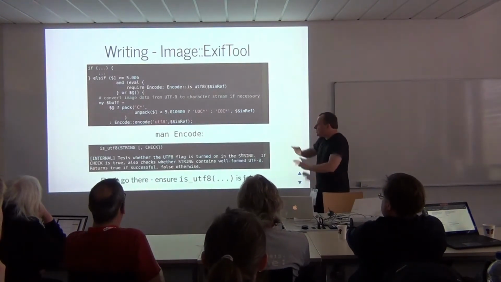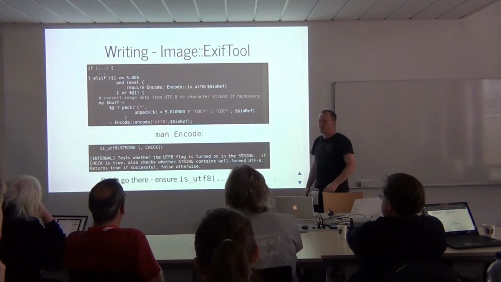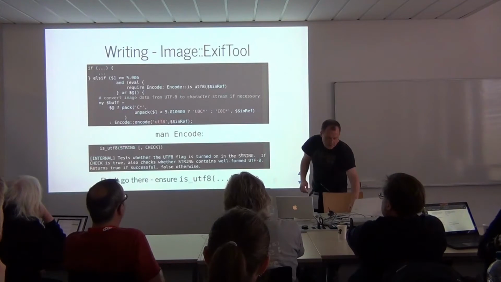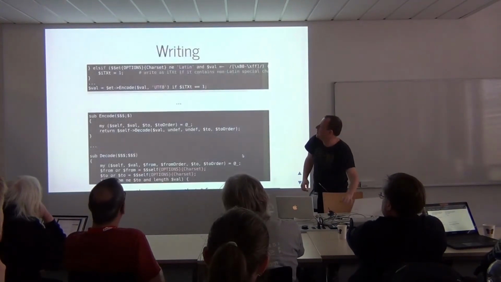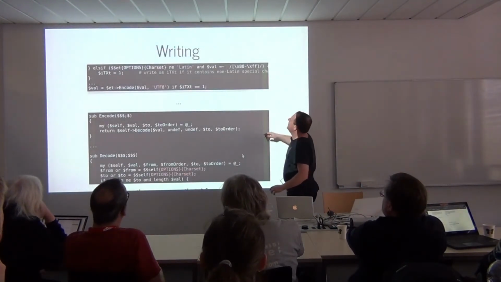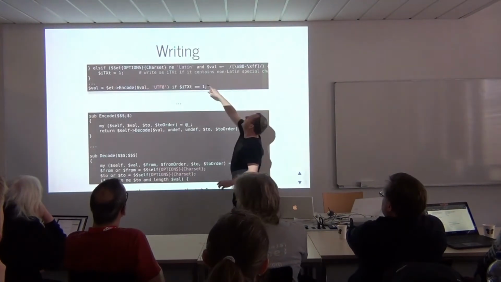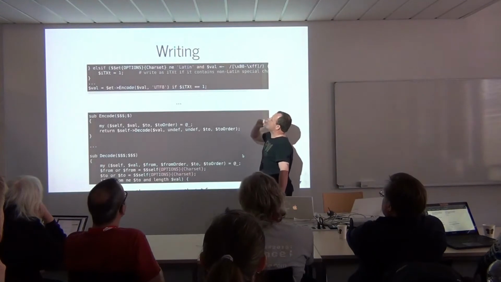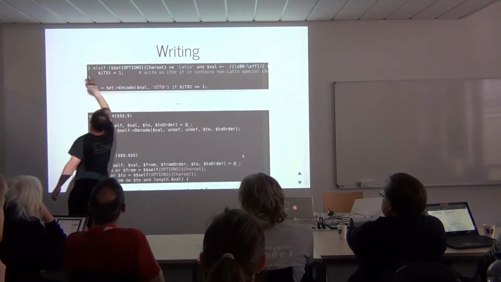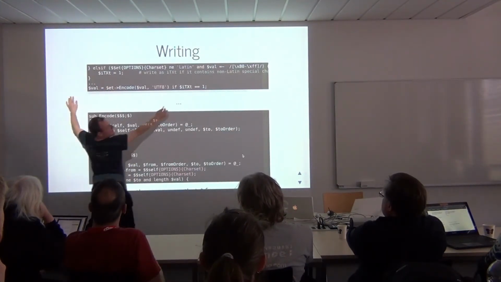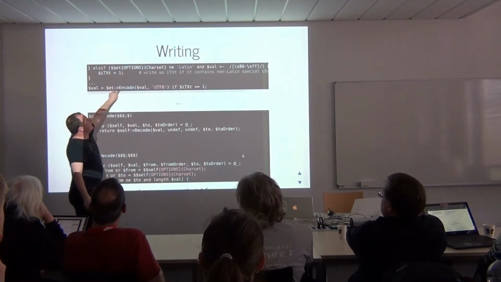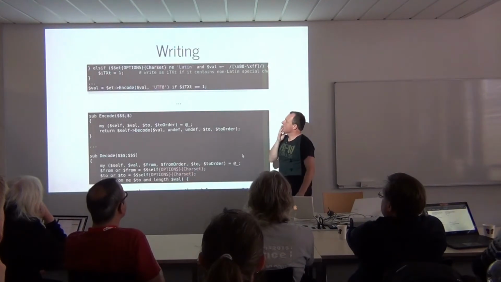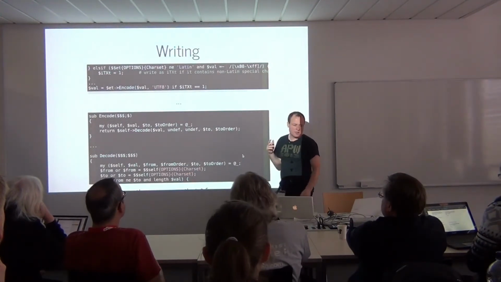Let's not go there. Let's just avoid all of this by ensuring is UTF-8 is false. I can do that. So I did this. And it still didn't work. Because then I sort of found like this. If the char set says it's Latin 1 and I find something that doesn't look like ASCII, then I shall set itext. Cool. If itext is set, I shall call encode and encode it to UTF-8. Oh, I was calling encode again. And I thought, no, wait, Mo, let's look, what is encode? Well,